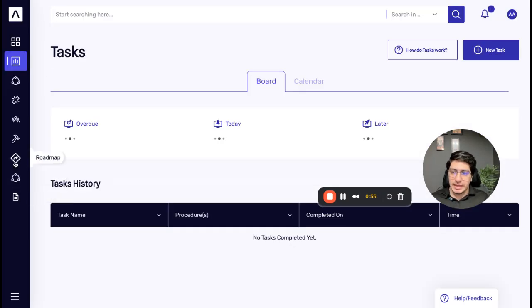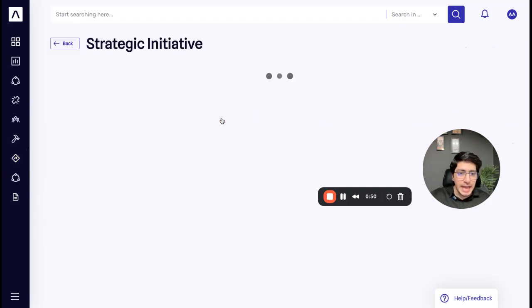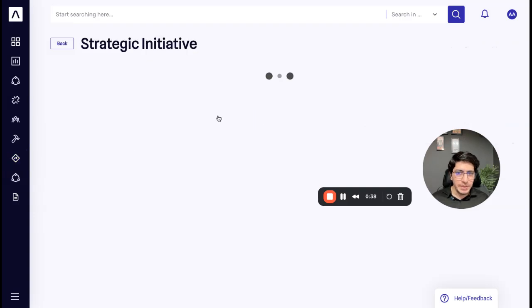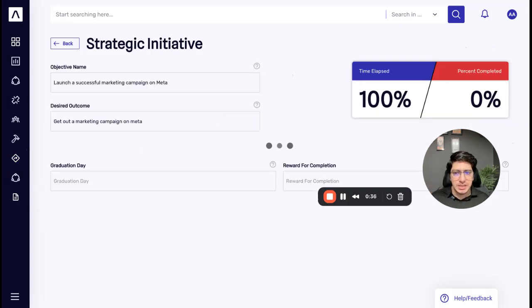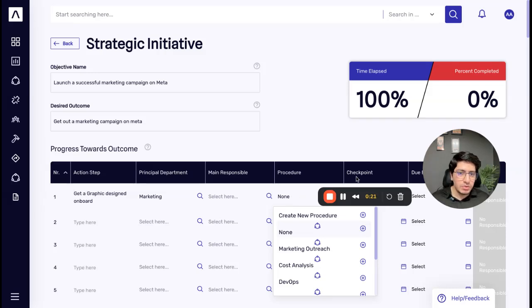And overall, there is this roadmap feature which makes sure that all of your information gets added into a single place. So you can plan out for the end of this year, for next year, for the year after that. So you have a clear directed vision of your company, and you can define as many initiatives as possible that are associated with time. In that initiative, you can define action items and what their department is. For example, this is a marketing department who is responsible for this, what are the procedures that are assigned with this, all the checkpoints, and the